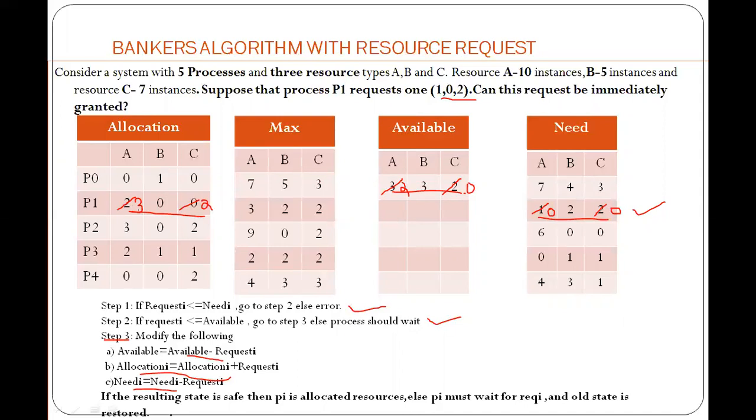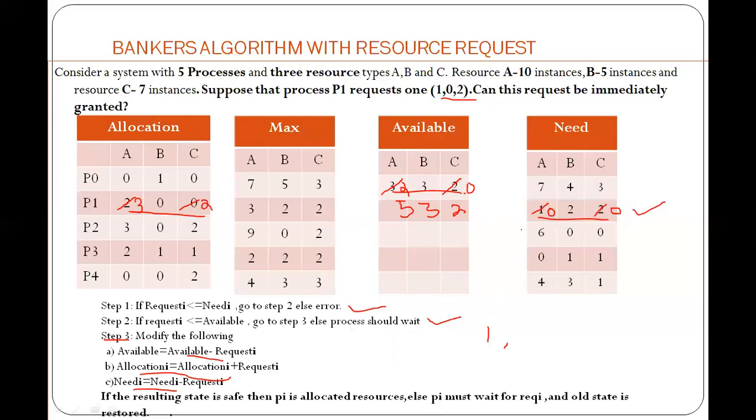You know that after the process finishes its execution, it has to release the resources. So when it releases resources, this 3 will be added to 2, which becomes 5. I hope you remember this, guys, right? So I'll be a little faster. 0 will be added to 3, so this becomes 3, and 2 will be added to 0, which becomes 2 here. So this is going to be 5, 3, 2. So we have P1 in the sequence. I hope you remember what safe sequence is, right? So P1 is in the sequence.